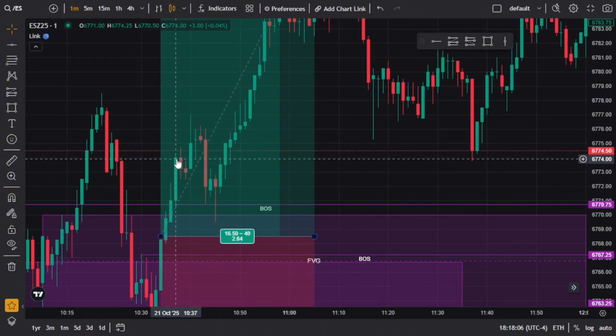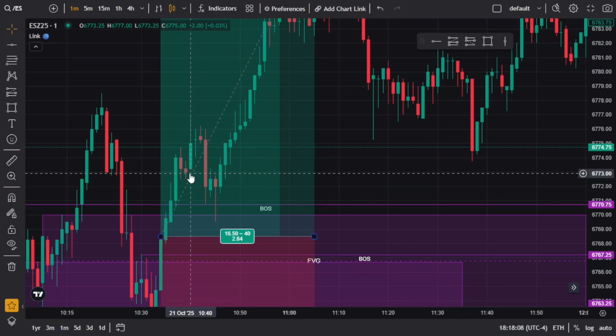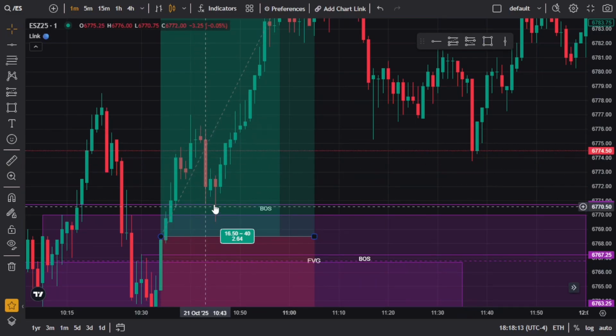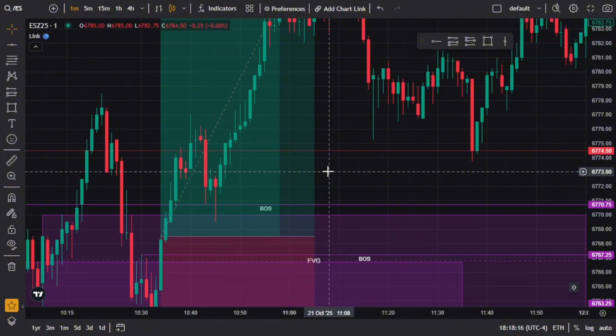Boom. Oh my gosh. It's going in the direction we want. Red candle, red candle. I gotta leave. No, no, no. We're good. Green candle, green candle. Giant red candle. Oh my gosh. We're about to break structure. We broke structure. Do not be afraid.